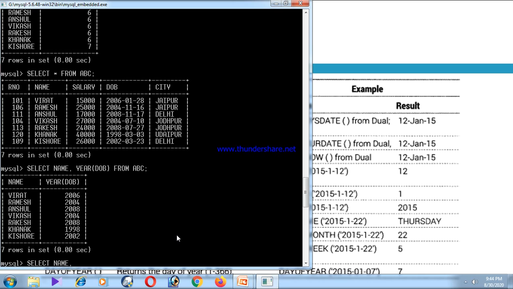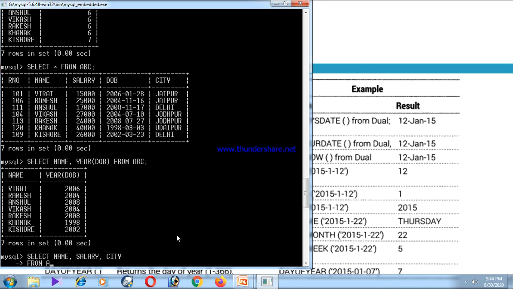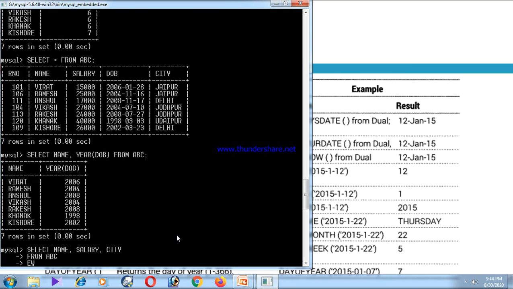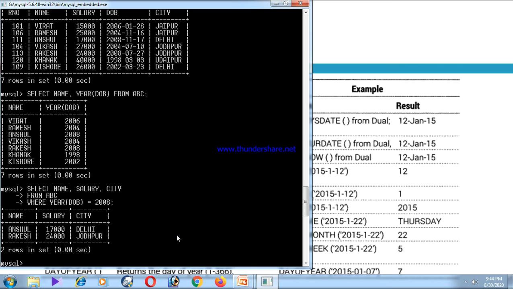Select name, comma, salary, comma, city from ABC, where year DOB equal to 2008, means we want to show only those records whose date of birth is in 2008.